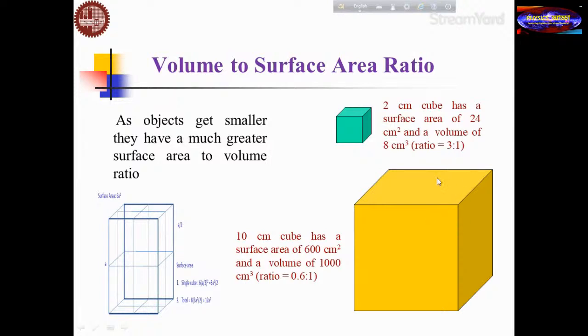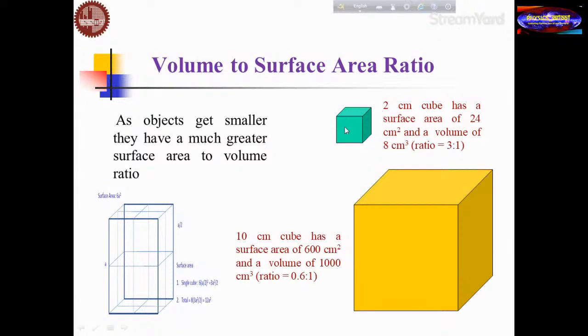If you consider the cubic box of 10 centimeter size, what about the surface area? For the bigger cubic box, 600 centimeter square. What about the volume? 1000, that is 10 to the power 3. So what about the ratio? The surface area to volume ratio is 0.6 to 1. So you see that the surface to volume ratio is always higher for the smaller cubic size and the